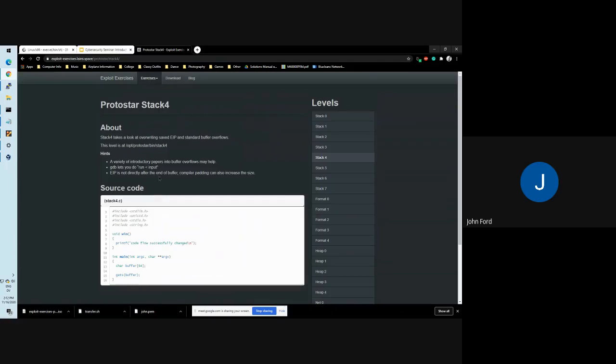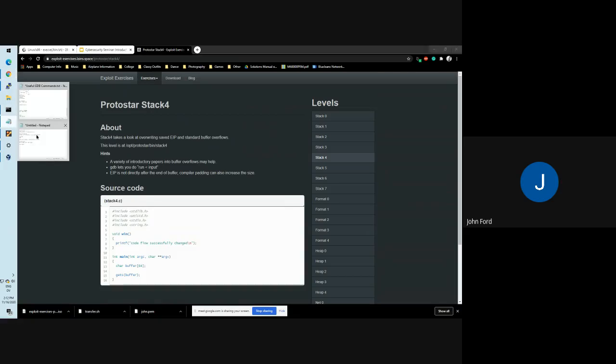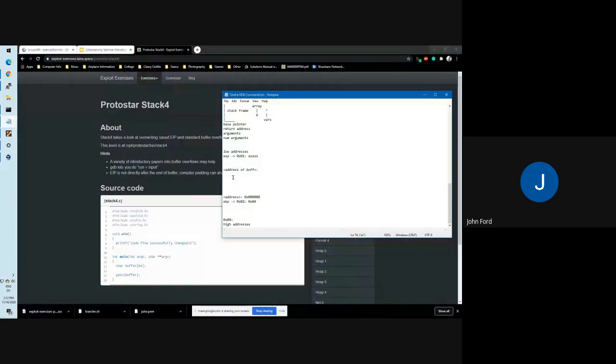This one's interesting because unlike the last one, it doesn't give you, actually it does give you a function change. However, it doesn't execute a function pointer, so you can't just overwrite a function pointer. This time you have to overwrite the return address, which basically means you have to figure out the offset required to, instead of going down to